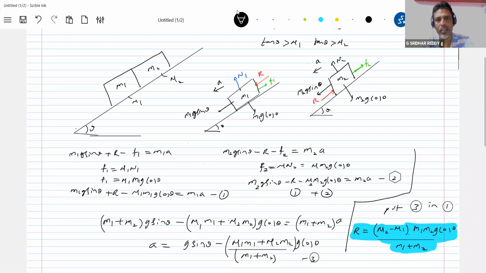Is there any doubt? Sir? Yes, ma'am. Sir, won't there be friction between those two blocks, sir? How come friction? There is no lateral motion perpendicular to the incline. Why would friction between the blocks come? Okay, sir. If tan theta is less than mu1 and tan theta is less than mu2, both the blocks will be at rest. They will not slide, no question of that.